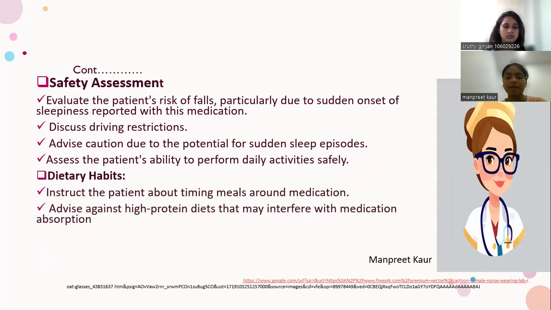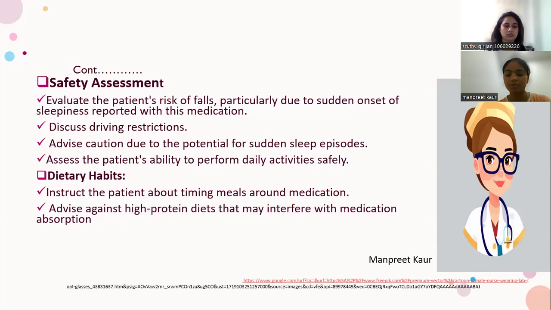In safety assessments, we include evaluating the patient's risk of falls, particularly due to sudden onset of sleepiness reported with this medication. Then discuss driving restrictions, advising caution due to the potential for sudden sleep episodes, and assess the patient's ability to perform daily activities safely. In dietary habits, instruct the patient about timing meals around medication and advise against high protein diets that can